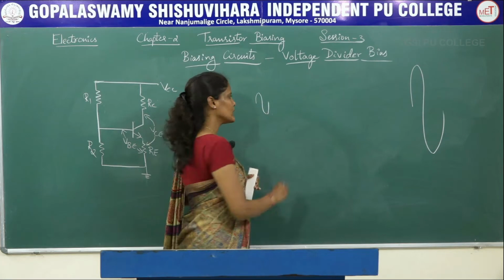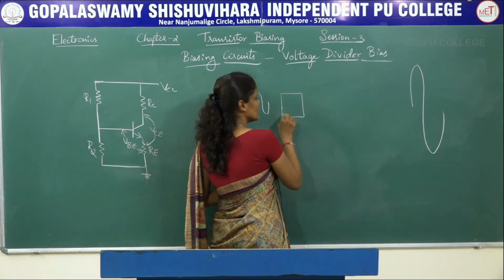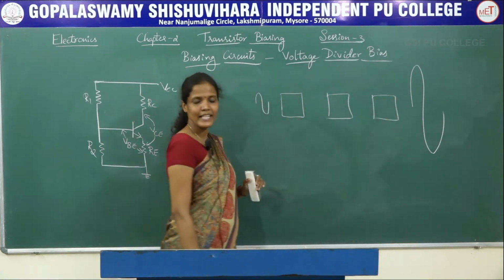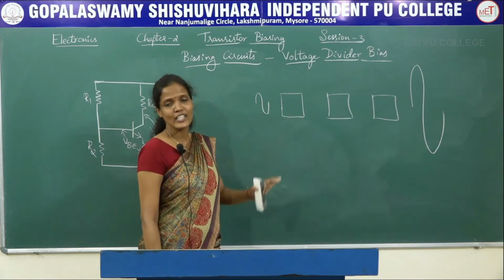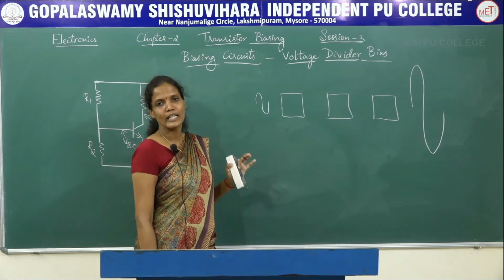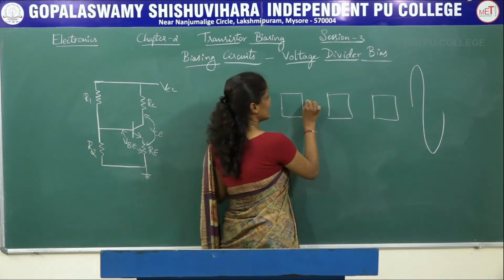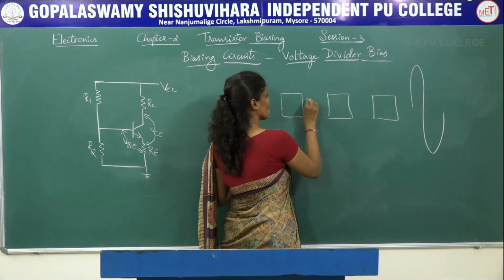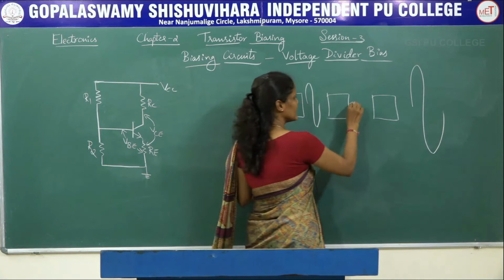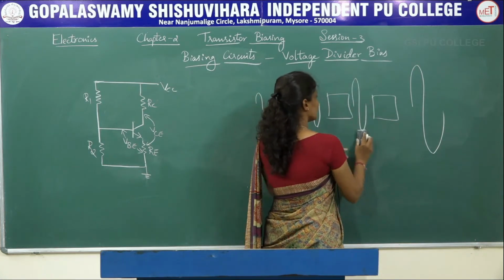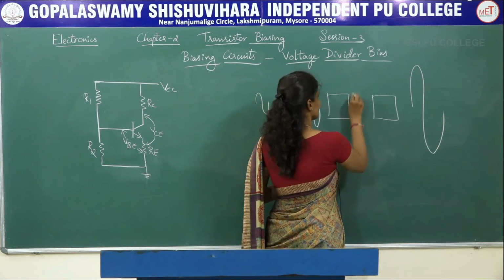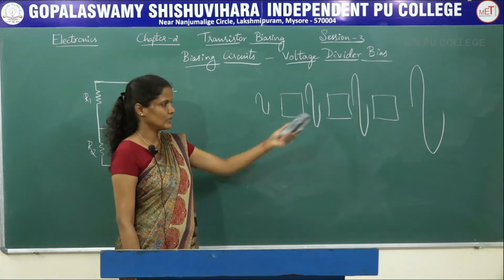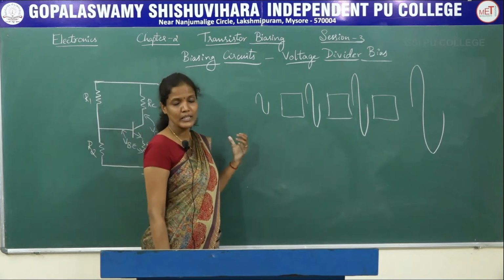So what we are going to do is use multi-stage amplifiers. At each stage of the amplifiers, the signal will be amplified to a higher extent. So this signal will be amplified to this much, and again this signal will be amplified to this much. Later on, finally the output will be the amplified version of this simple input.